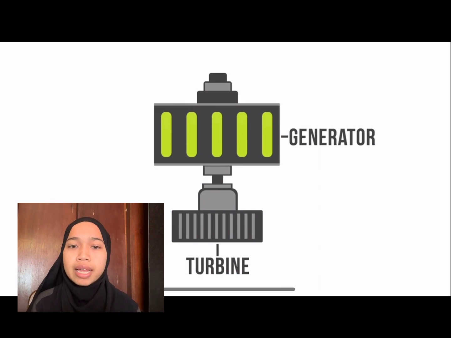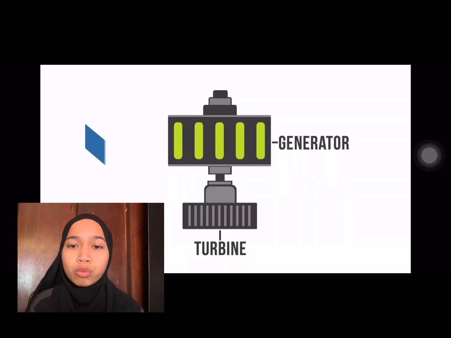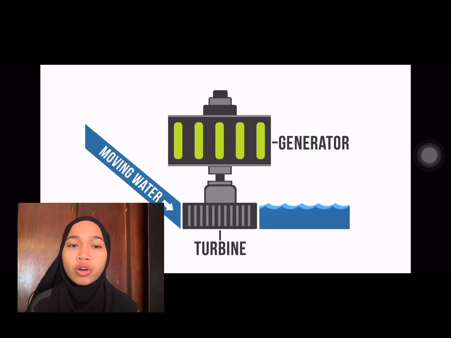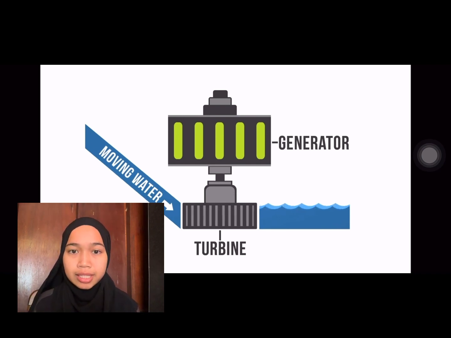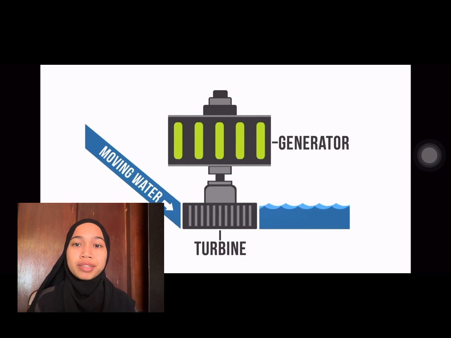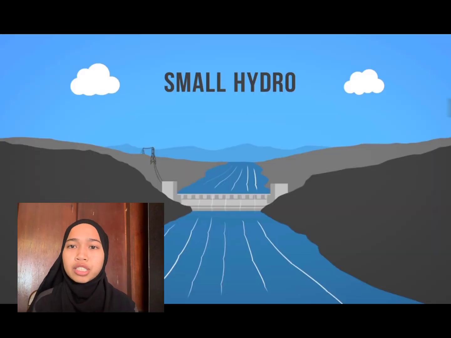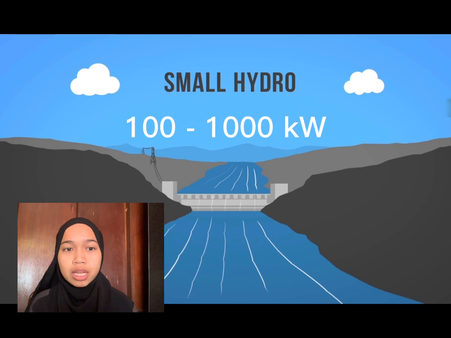The mechanical energy generated by moving water rotates the rotor of the turbine. The turbine is connected to an electromagnetic generator that produces electricity. Mini hydro schemes make a smaller contribution to a national grid supply, typically in the range of 100 to 1000 kilowatts. Small hydro plants can be connected to the conventional electricity distribution network as a source of renewable energy at a